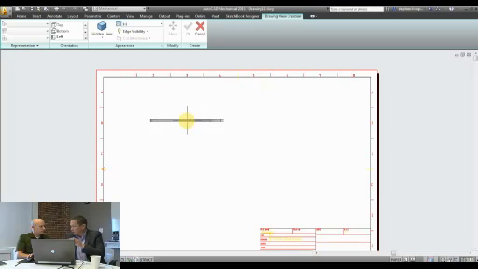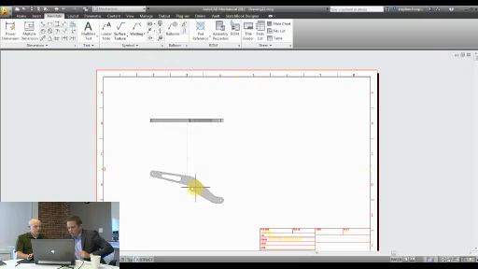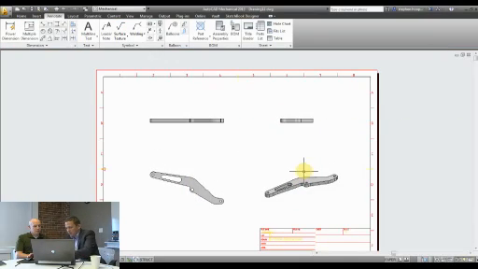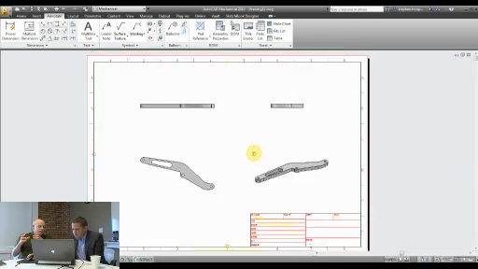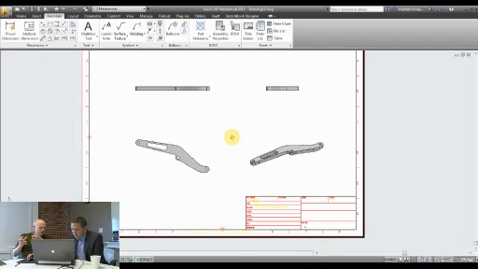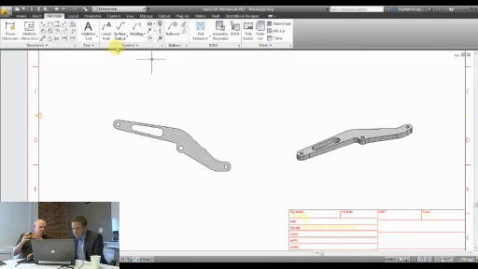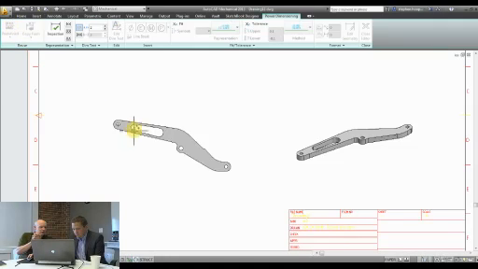So rather than having to sit there and draft each individual view, the system is just going to calculate those views from the 3D model for me. So I can very quickly just drop them out. And what's more, I get them shaded as well. If I had this Inventor model myself, I would have had to either export it as DWG, or if I just receive the Inventor model, I'm not sure how I'd actually do that in AutoCAD right now. So not having to redraw is huge. It's a huge time saving.